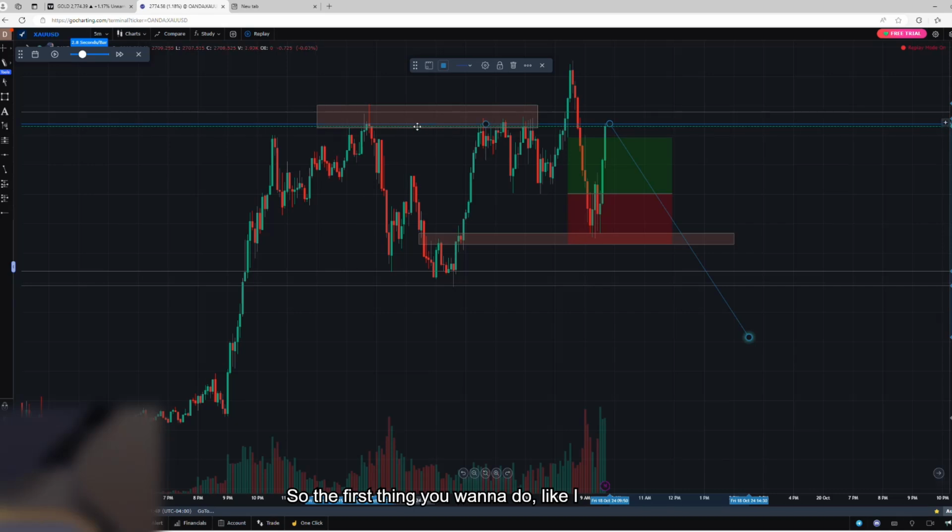So the first thing you want to do, like I said, is head over to the 5-minute time frame to mark up your setups, your key zones and entries, okay? Now, the reason being, like I said, is because the 5-minute chart is the real market time. So after you mark up your key zones on the 5-minute chart, you want to go on the higher time frame to verify those key zones to see if they are valid or not, right? So you want to verify your key zones that you found on your 5-minute chart. And once that is verified,